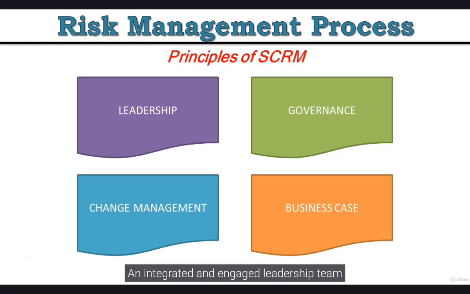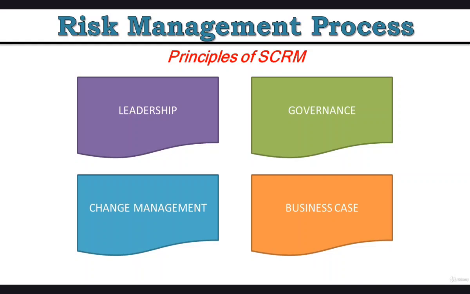An integrated and engaged leadership team can not only help identify risks well before they cause disruptions, but also provide a quick and thorough response to any incidents that might occur. Ultimately, leadership, reporting, and ownership of supply chain risk should rest with senior management.